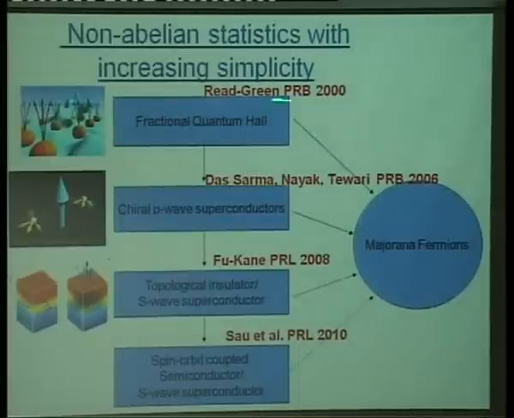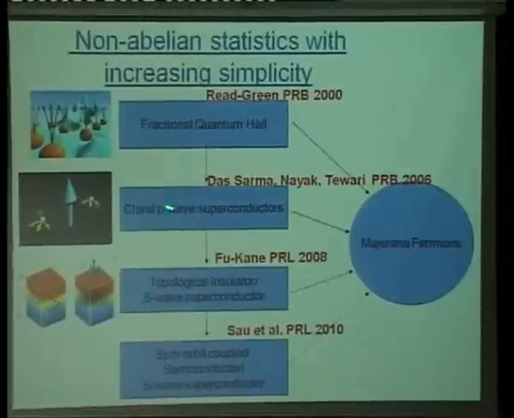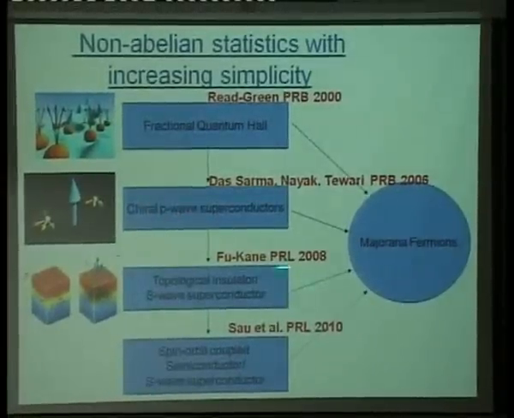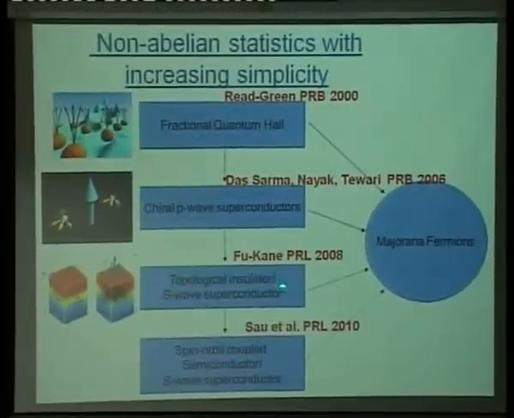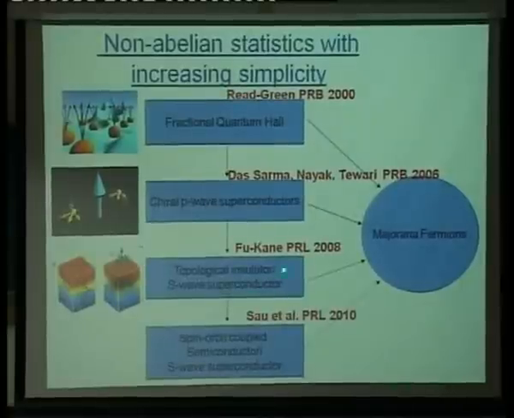Read and Green showed that's equivalent to a chiral p-wave superconductor. We propose that a real-life chiral p-wave superconductor, strontium ruthenate, can be used in some circumstances. You have to go to very low temperature. Fu and Kane, in a seminal paper, pointed out you can combine a topological insulator with an s-wave superconductor via the proximity effect, and